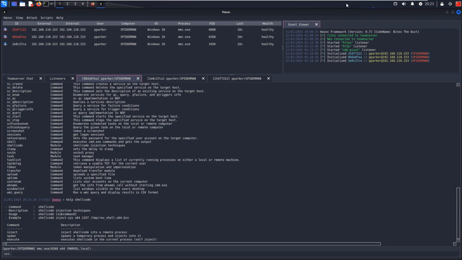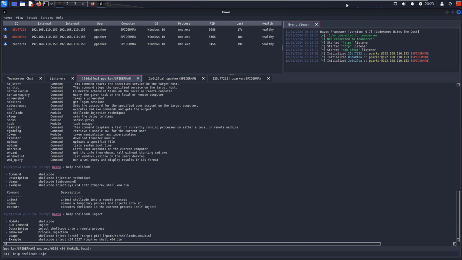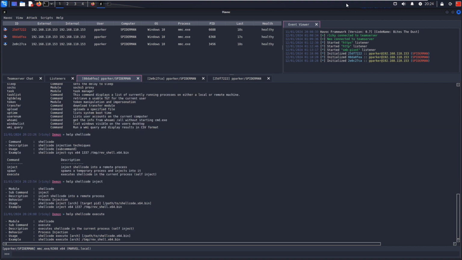But so shellcode, I can see that just by using help and shellcode that it uses injection techniques, and there's some subcommand here, and then there's an example. But now down below it I see other commands, so maybe these are those subcommands it was talking about. So I can continue to chain the help command, and it's already wanted to complete that for me, which would be inject, and I can do the same with execute, and the other one was spawn, right? So I can do spawn,